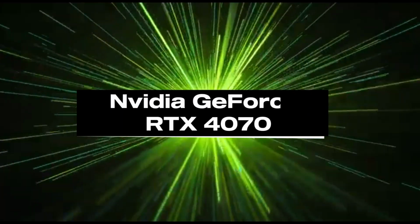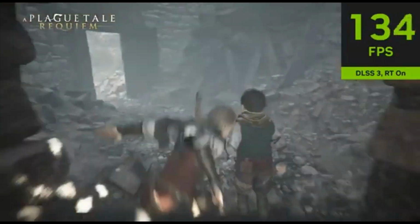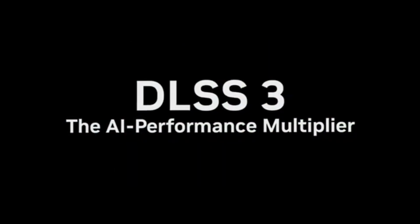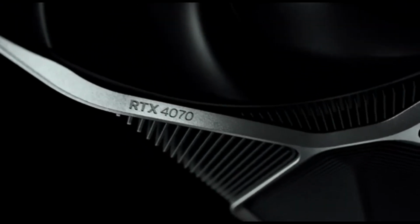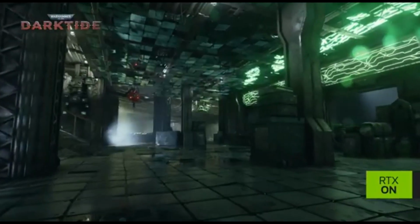Number 1. Nvidia GeForce RTX 4070. The Nvidia GeForce RTX 4070 with 4K Ultra results is the finest 1440p GPU in 2024. The Nvidia GeForce RTX 4070 is expected to be a powerful graphics card geared for gamers and professionals looking for great performance at 1440p, 2560 x 1440 pixels. The Nvidia GeForce RTX 4070 is arguably the ideal combination of performance, pricing, and advanced capabilities that most gamers would want and be able to afford. Guys, that concludes our top 5 best